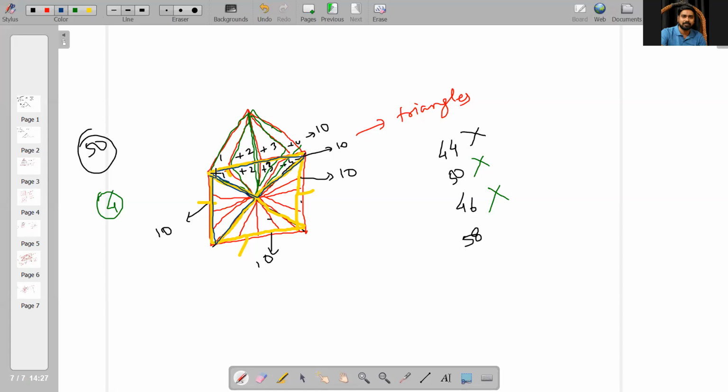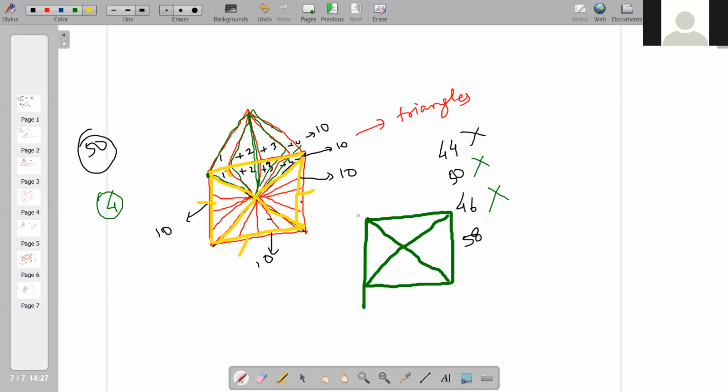So which are the triangles that remain? The triangles that remain are this. Okay, I'll just draw it separately. So, this triangle 1,